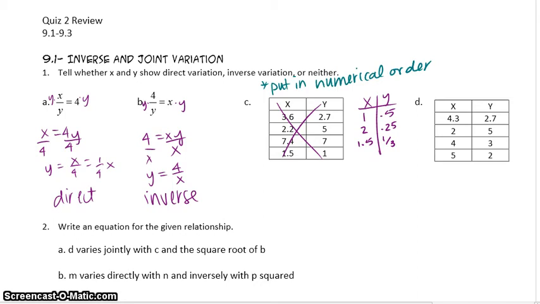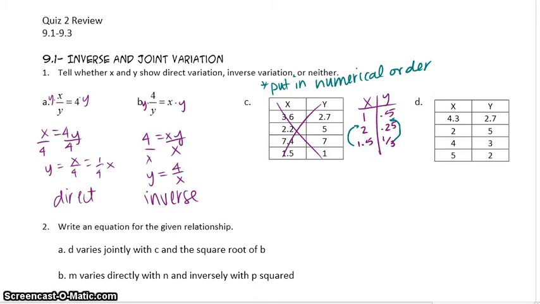So we're going to have to take this 1.5 and move it up in between the 1 and 2, and the same thing for the 1/3. That will also have to join along. So then this will make a 1, 1.5, 2, 0.5, 1/3, 0.25, and 1/3, as we know, is like 0.3